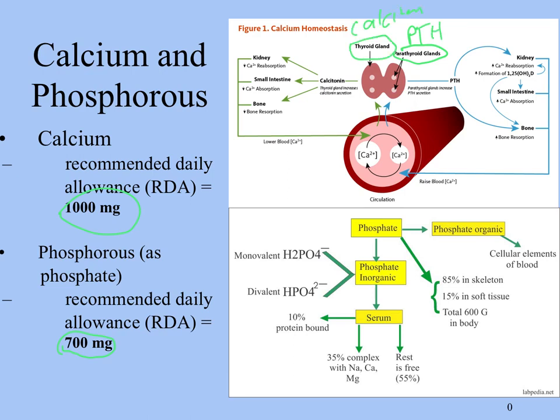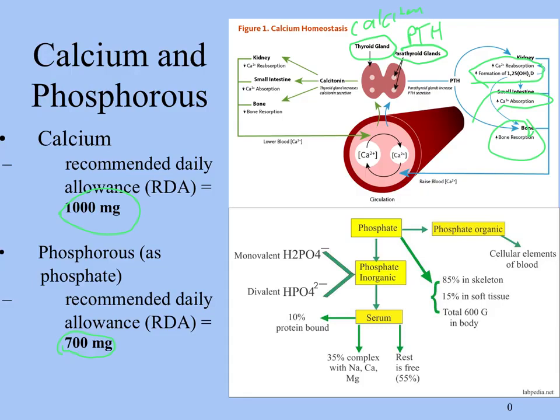All right, and again, parathyroid hormone, we talked about the effects that it has on the bone, increasing bone resorption by increasing osteoclast activity, but it also increases calcium absorption in the small intestine, and also increases